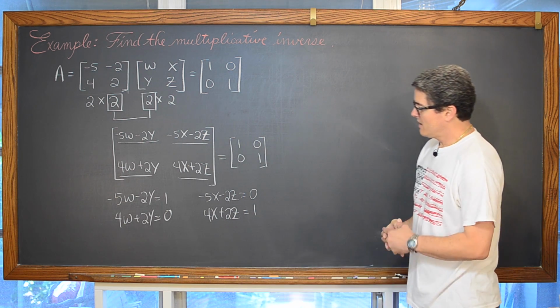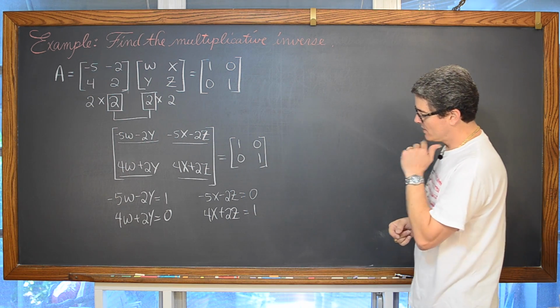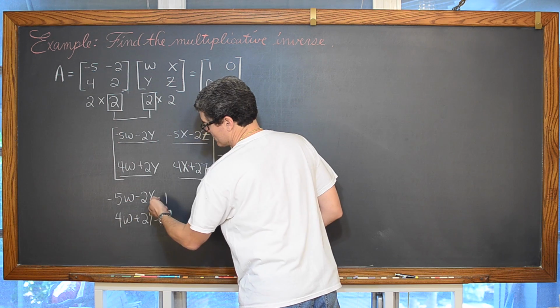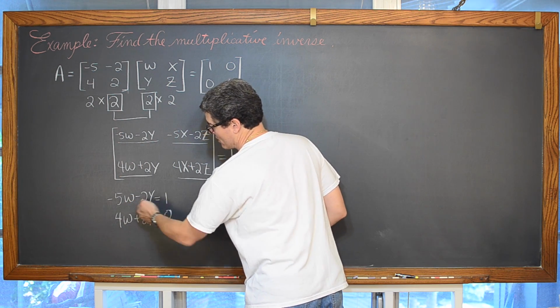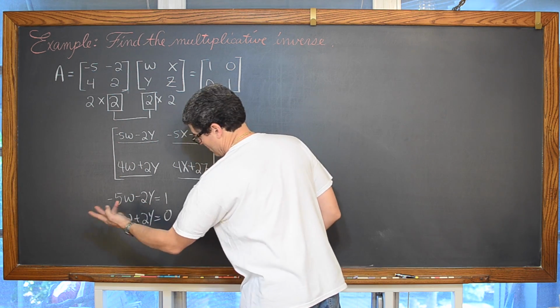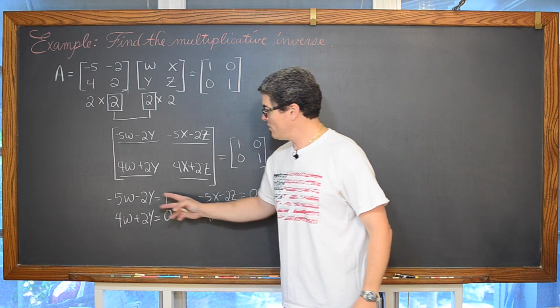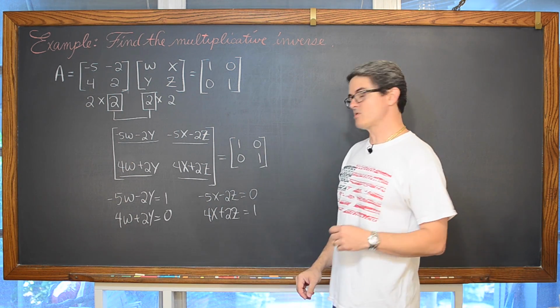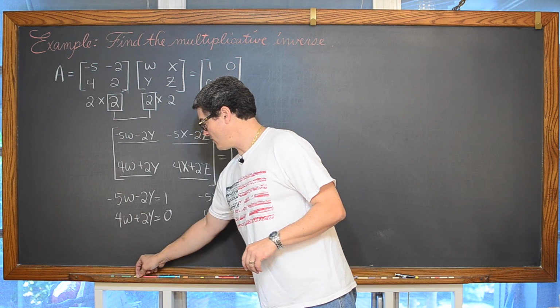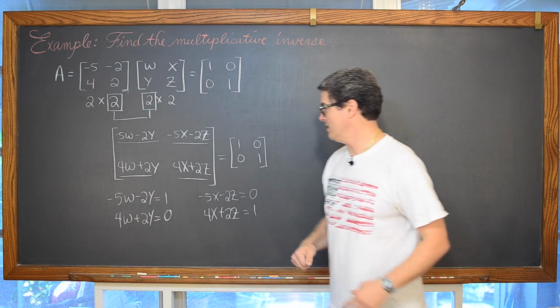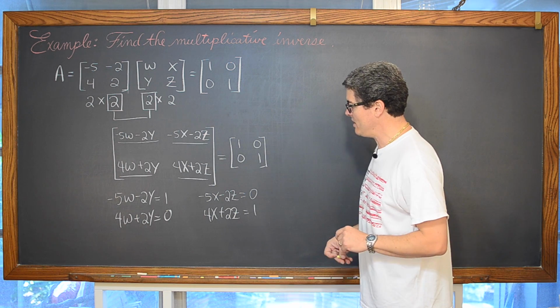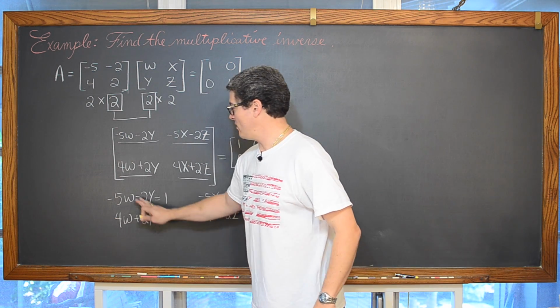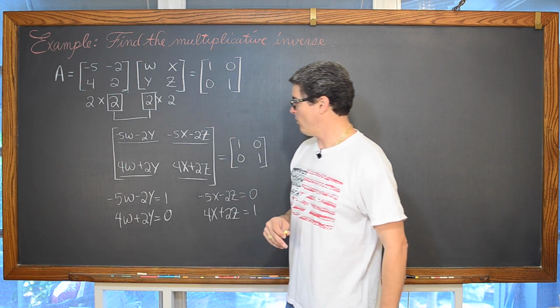Excellent. Now we've got basically a linear system: a linear equation with two variables, and another linear equation with two variables. So we're looking at two equations and two unknowns. We learned how to solve that using substitution or the linear combination or elimination process in Algebra 1. So that's what we're going to do here. We're going to find out what w and y are.